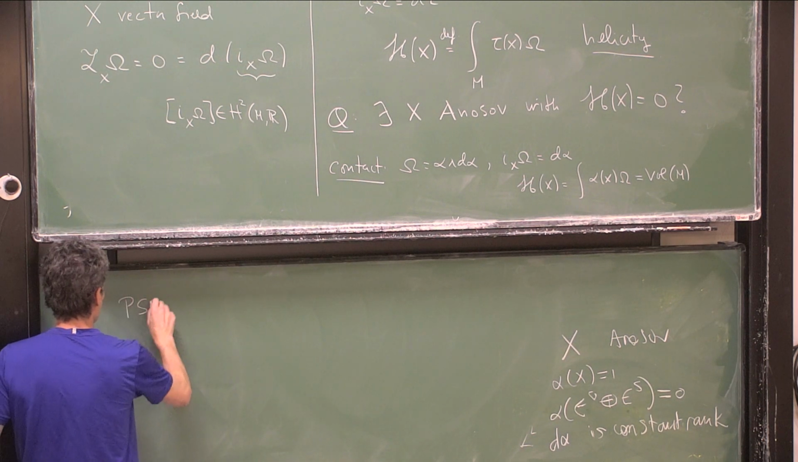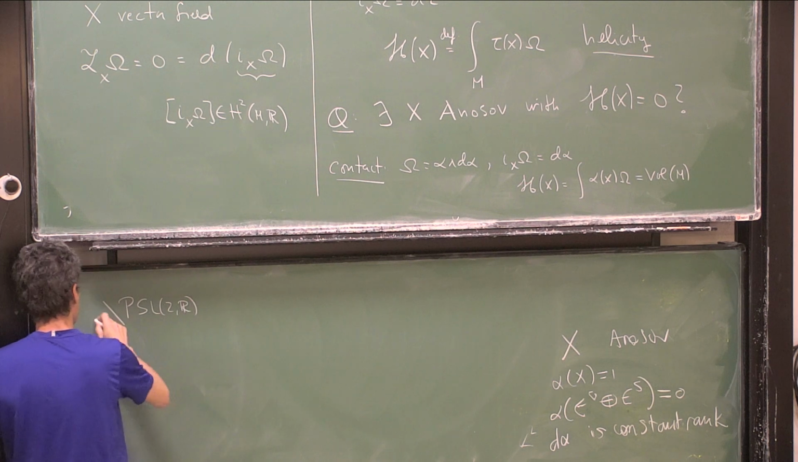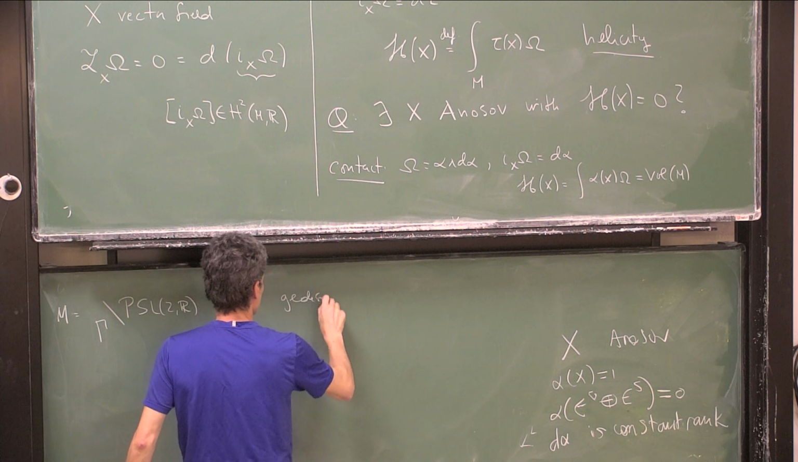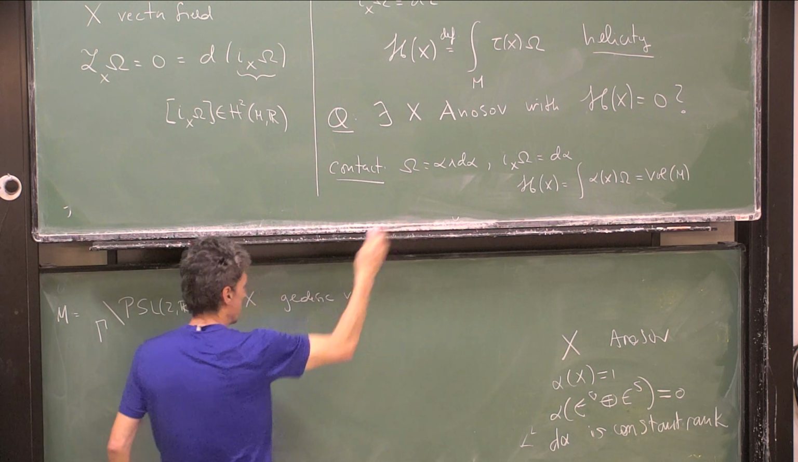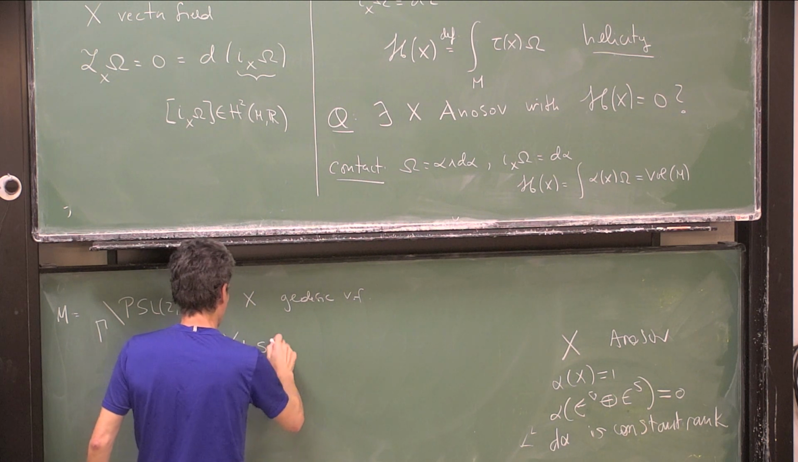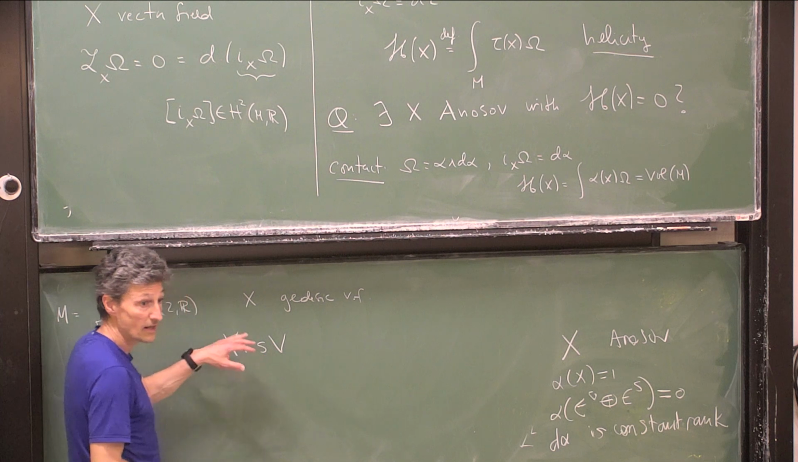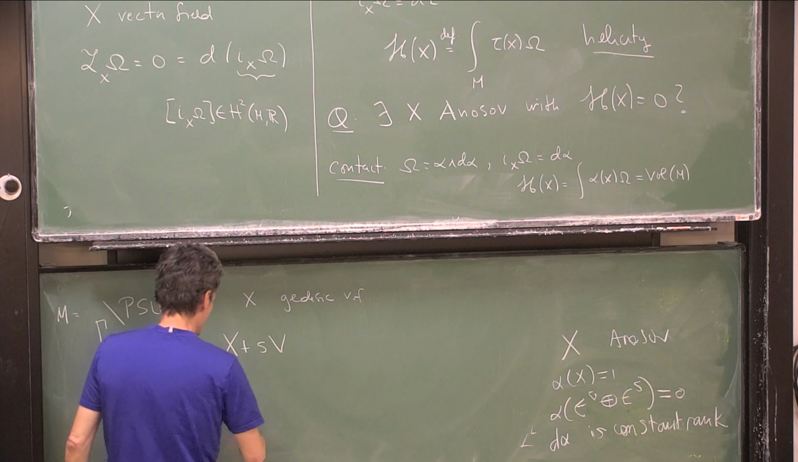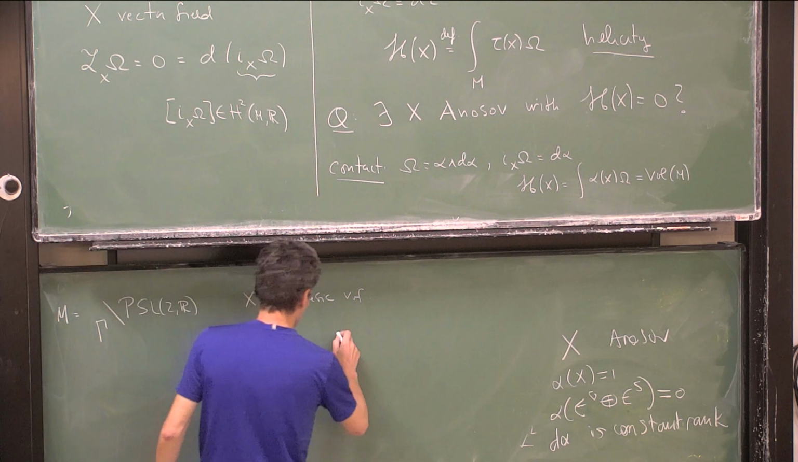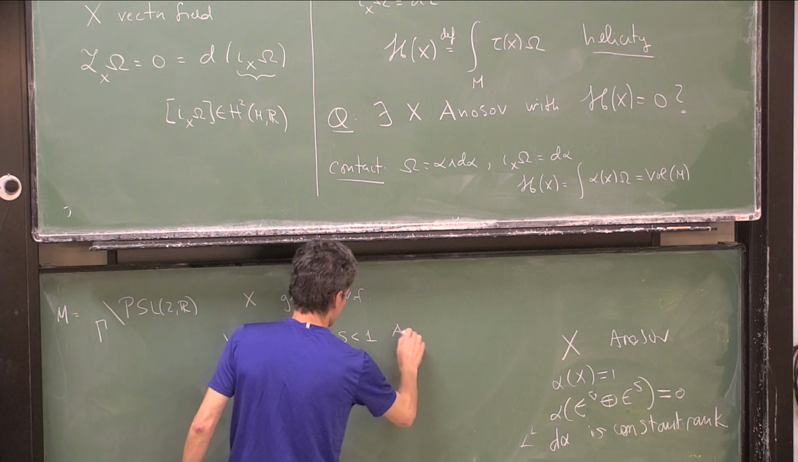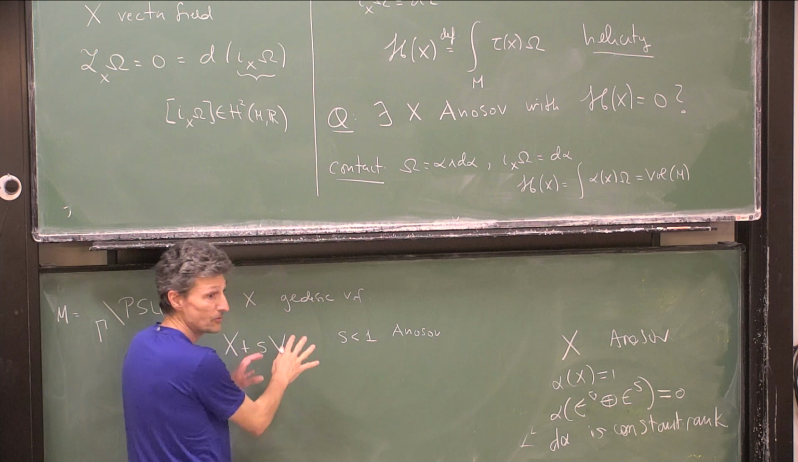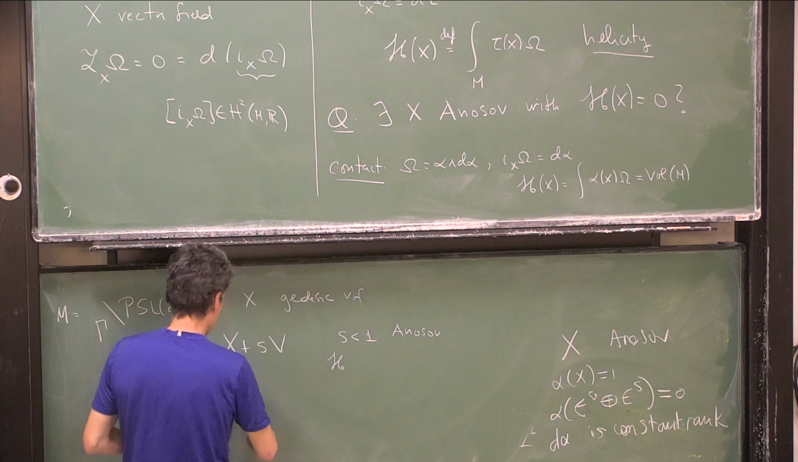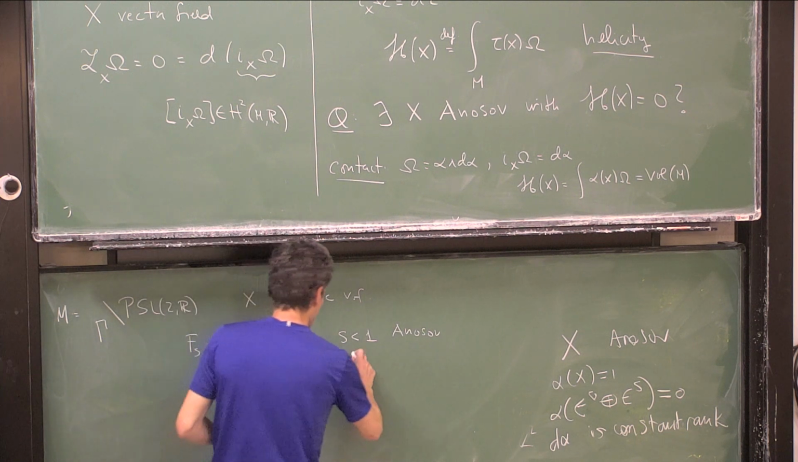So if you take the usual thing, PSL2R divided by gamma, and X is the geodesic vector field that we've seen many times, we know what happens. But if you do something like X plus sV, where V is the vertical one that corresponds to the SO2 action, it's very easy to compute that for s less than 1, this is an Anosov flow,